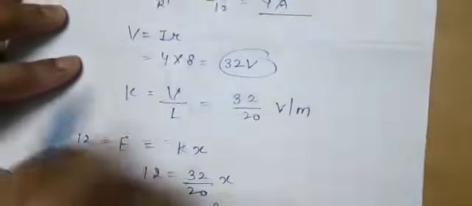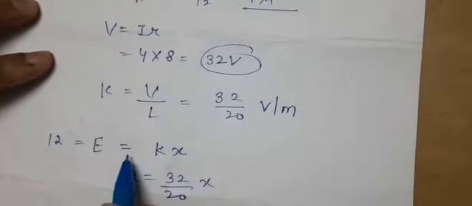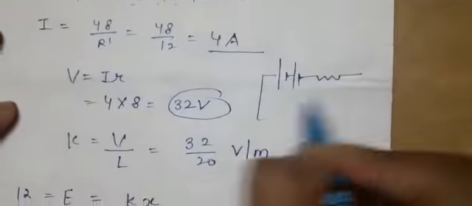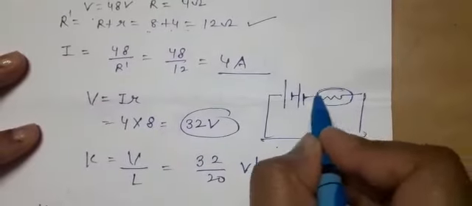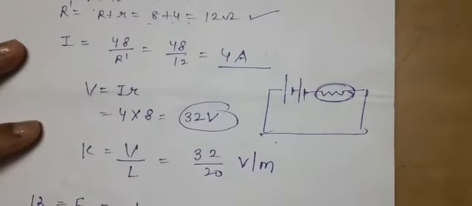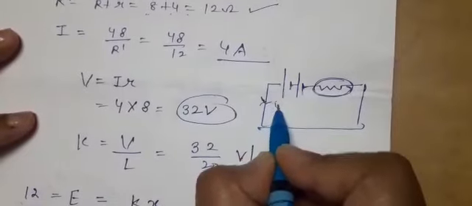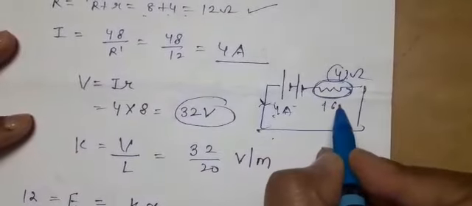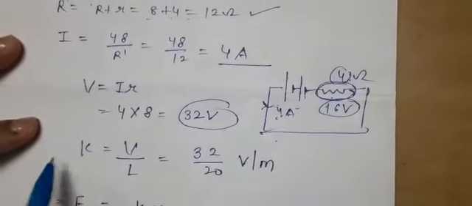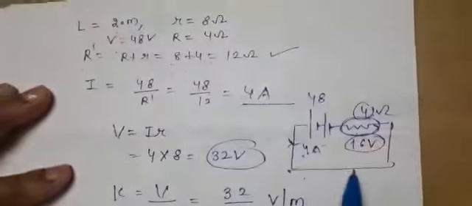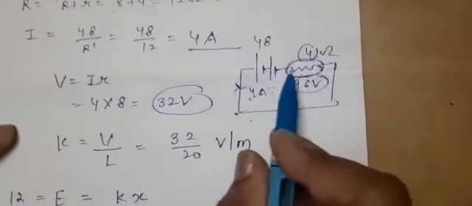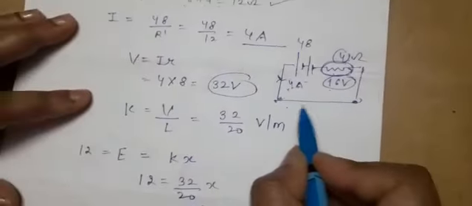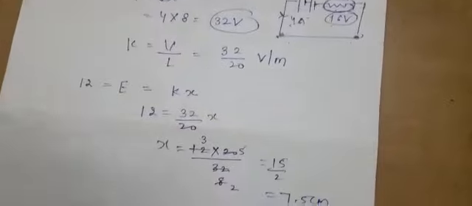See, this numerical is also quite similar to that one, but here the basic difference is that the potential drop across the wire will not be the applied voltage, that is 48 volt. Why? Because along with the battery one series resistance is connected. So there will be some potential drop across this part. It means if the current flowing is 4 ampere and this is a 4 ohm resistance, then 16 volt will be the potential drop across it. So out of 48, this 16 volt will be dropping here. So the potential drop across this length will be 32 volt. This is the main point which you have to understand in this numerical.